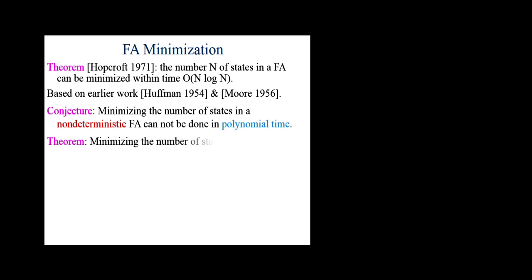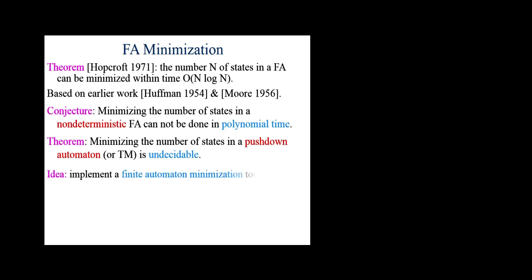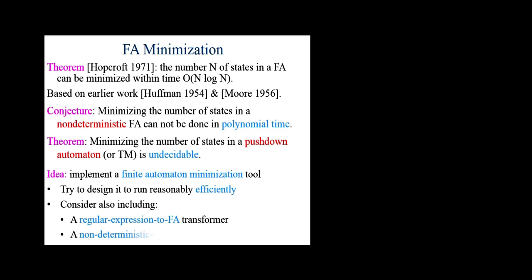We don't. And if you're wondering if you can always minimize machines, the answer is no. Not only don't we know how to minimize certain types of machines, like non-deterministic finite automata, for certain other types of machine, like push-down automata, or even Turing machines, it's not doable at all. You can prove that you can't do it. So it's worse than we don't know how to do it. We can prove that it can't be done by any algorithm whatsoever. We will prove that later in the course. Right now, we're still working on building enough infrastructure, notationally and mathematically and conceptually, to be able to prove stuff like that. All right?